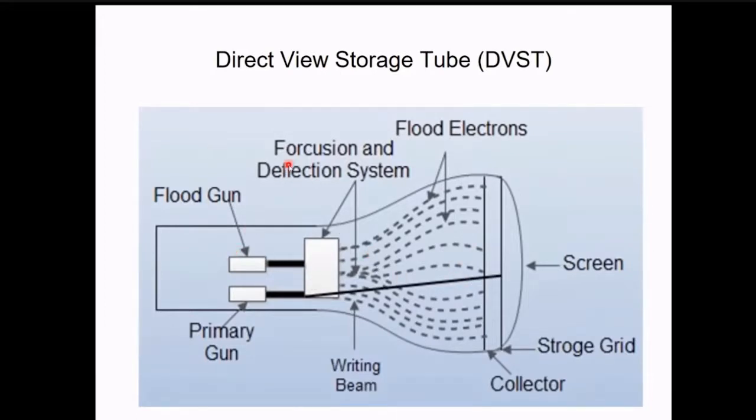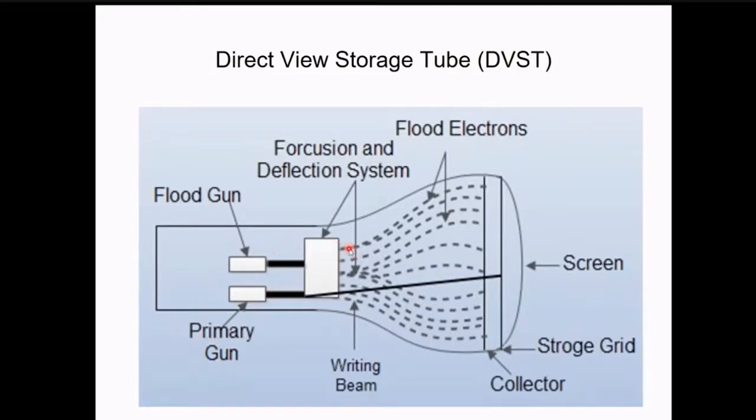So now over here we have multiple units. The basic thing that you need to know, and note in your notebook or in your laptop, is that the very first unit that we have is the flood gun or the electron gun, or simply the primary unit. Once it gets charged, it will start emitting the electrons. It will not go in a particular direction, but it will start emitting electrons in multiple directions. That is the very first thing that we have.